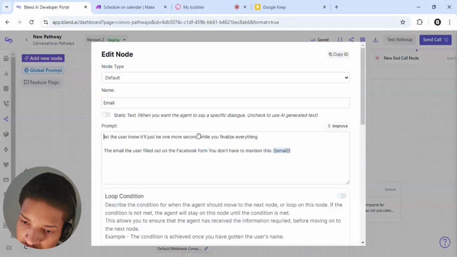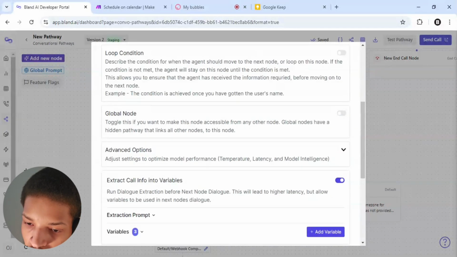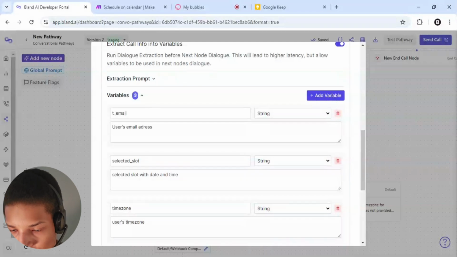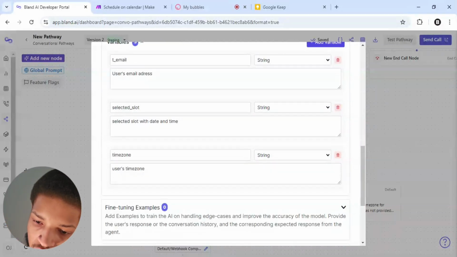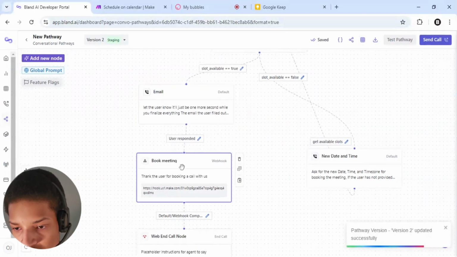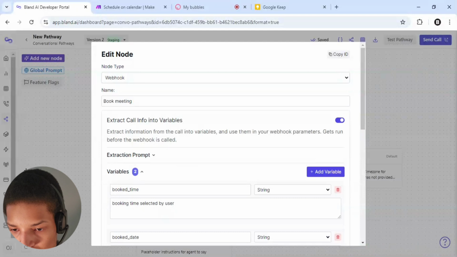Now I'm going to go for the emails, right? The emails are pretty much going to also be extracting the variables, right? So we're going to get the email, select the slot and time zone, strings again. And then from here, this is going to be used for the book meeting node, where it's just getting the book time, book date,